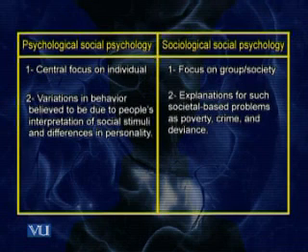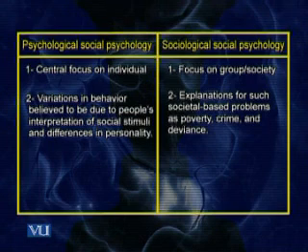Second difference is that social psychology is interested in variations in behavior which are believed to be due to people's interpretation of social stimuli and differences in personality. It means that social psychology is basically interested in how people interpret social stimuli and how they show individual differences in different people's personalities. If you look at the slide, you will see, on the other hand, sociological social psychology looks for the explanation for such societal-based problems as poverty, crime, and deviance. So it means that sociological social psychology is more interested in society-level variables like socioeconomic status, poverty on a bigger level,